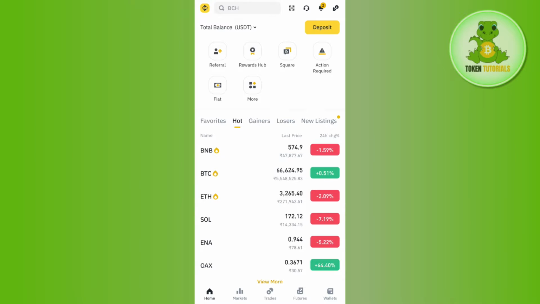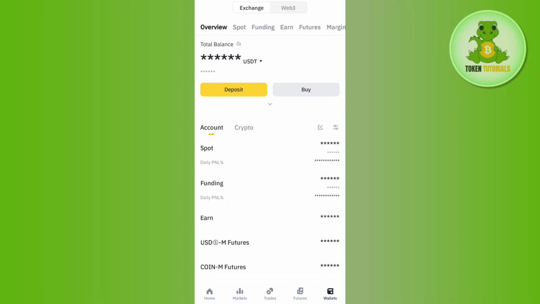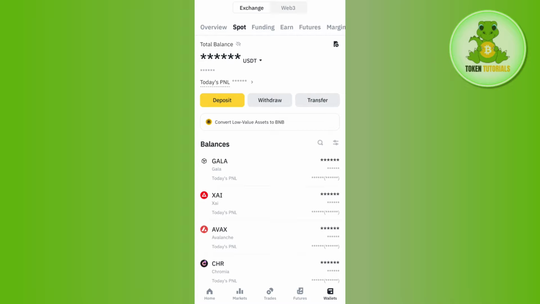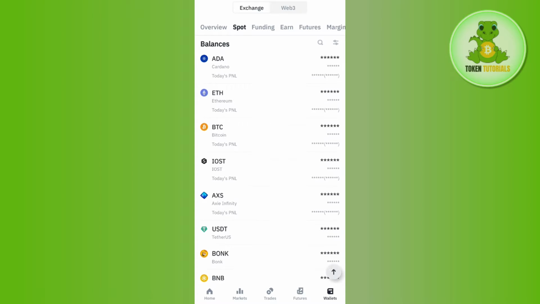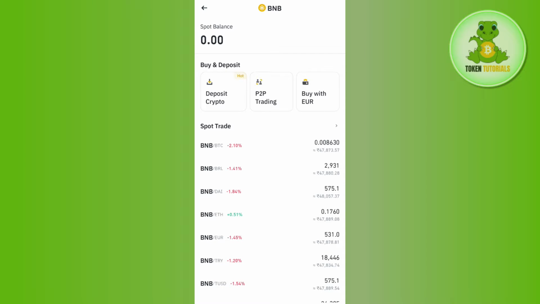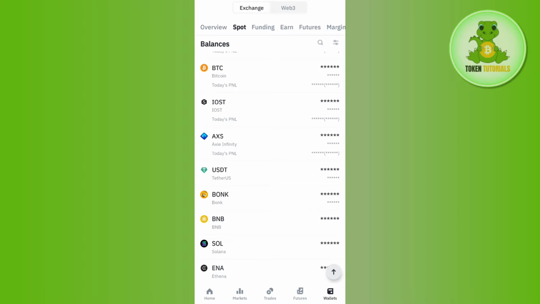For that, you will have to first launch your Binance mobile application and then log in into your Binance account. Now once you have successfully logged in, you need to tap on this Wallets tab in the bottom right hand corner of the screen, and after that you need to tap on Spot. In this spot, you are going to see all of the coins that you have on Binance, including BNB. So you need to tap on BNB, and once you tap on BNB, you are going to see a withdraw